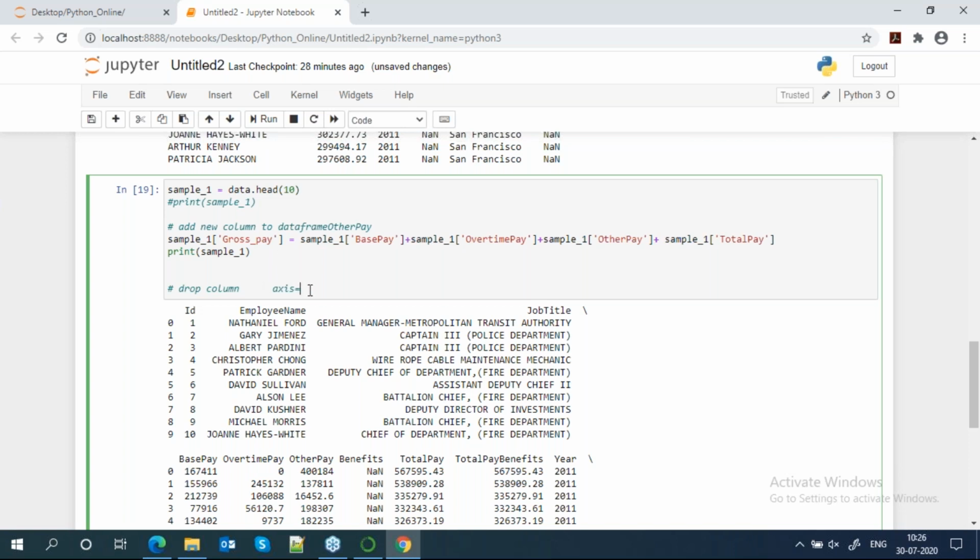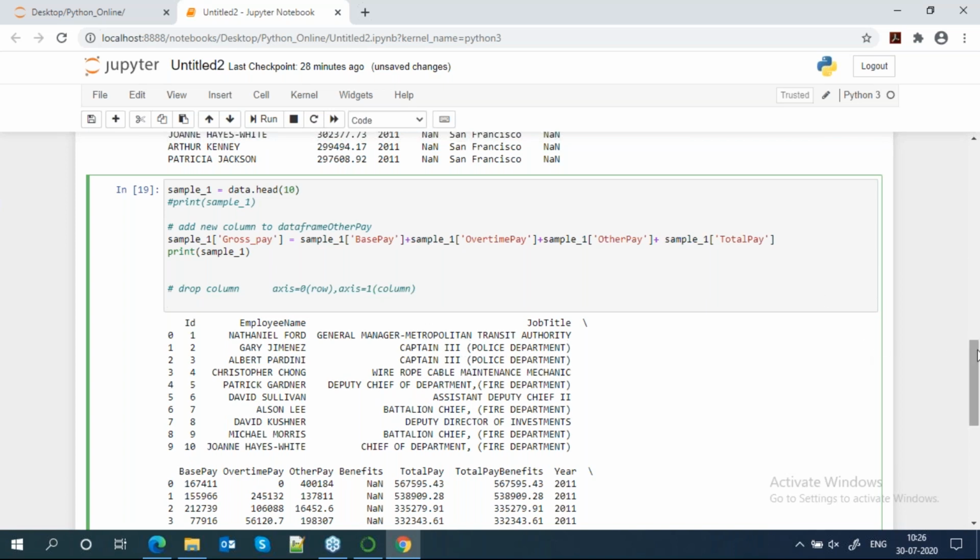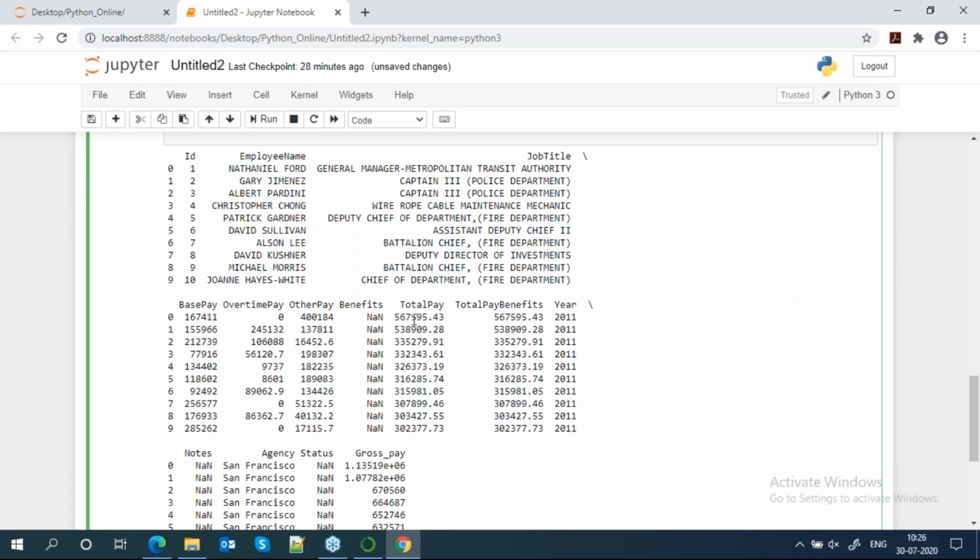Axis equal to 0 is for row, and axis equal to 1 is for column. Suppose you can see that we already created one column, gross pay.